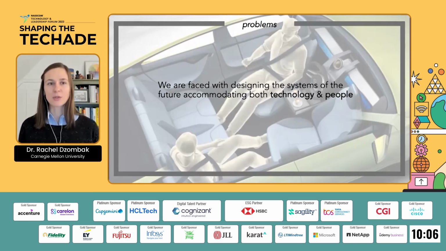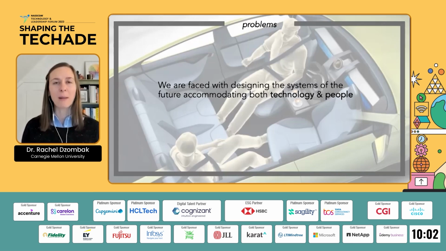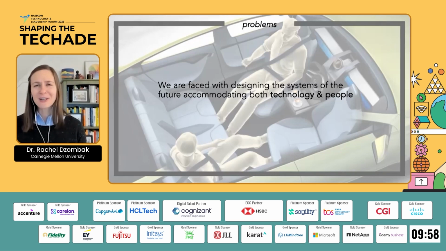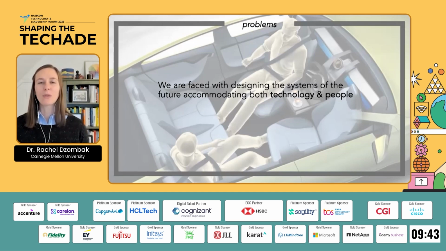And it's really important to do so because right now, these complex problems are intersecting across so many sectors, so many areas. I don't think there's a single business that knows how to solve every problem that it's faced with today. And we as engineers, as product designers, as systems engineers, are challenged with thinking about how we design systems of the future that accommodate both technology and people. If we focus on just one dimension or the other, we won't address the whole set of facts in one moment.